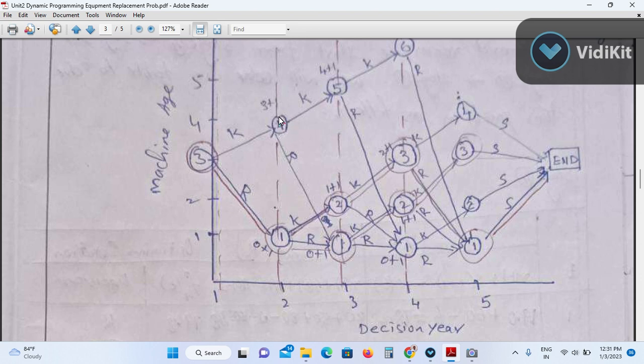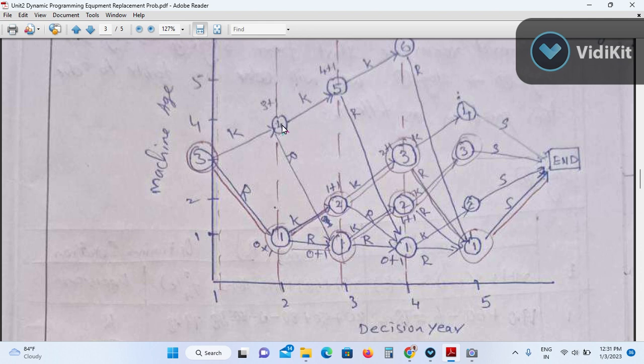Now the next one, again think about it here. At the end of the first year, what are the things you are going to do? That is the end of the second year. What is the year? That is the start of the second year, a little bit clearly. At the start of the second year, if you want to keep that machine or if you want to replace the machine, those are the options. Suppose again, if you want to keep that machine for the next year, what is the